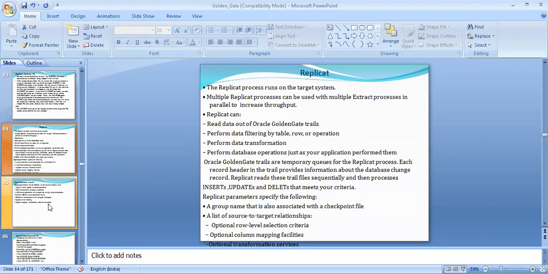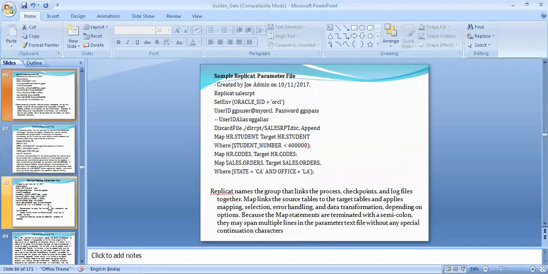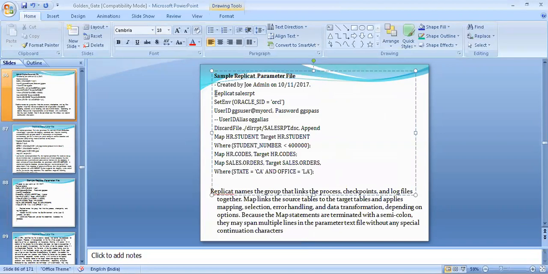Another main component is the replicat process. The replicat process will run on the target environment. Multiple replicat processes can be used with multiple extract processes in parallel to increase throughput. In the replicat process we can also use filtering by table, row and operation. Here is a basic parameter file for the replicat process. In the same way we will edit the replicat process: replicat, then the replicat name.